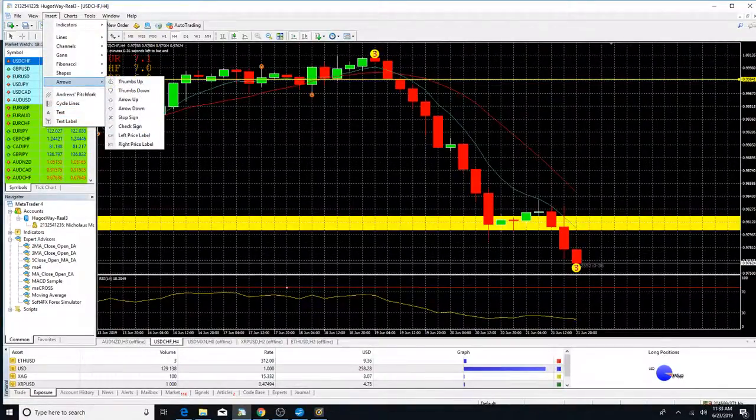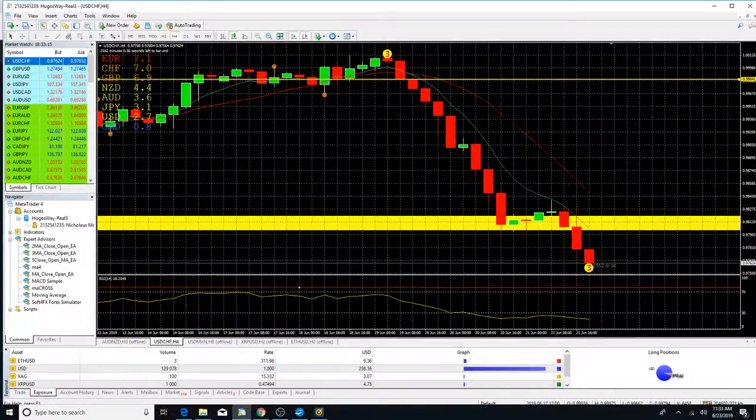Yeah, so I would look for it to come back up and test this resistance right here, and probably, honestly, this is just my opinion, mind you. This is not financial advice. I have lost a lot of money over the last